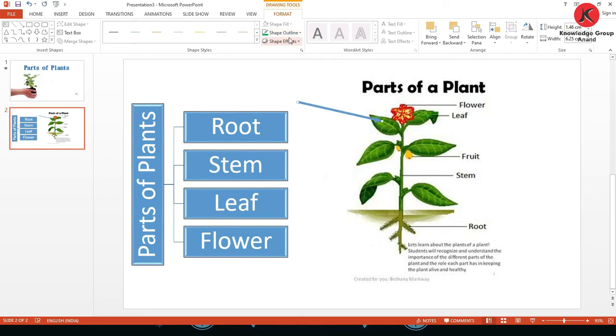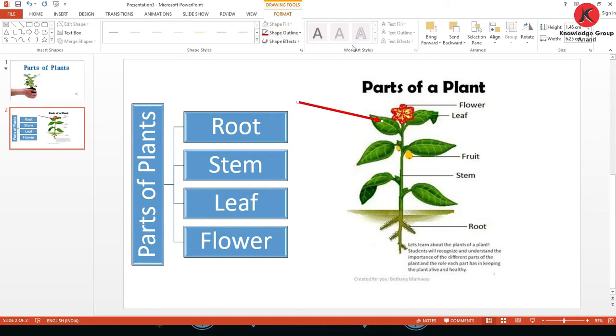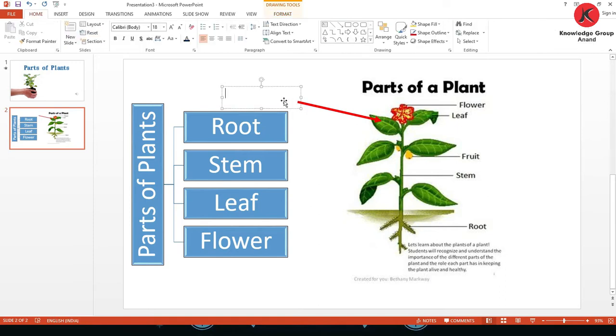Change the color, like red. To type, insert a text box, select the text box and type here leaf. Move your text here and increase the size.